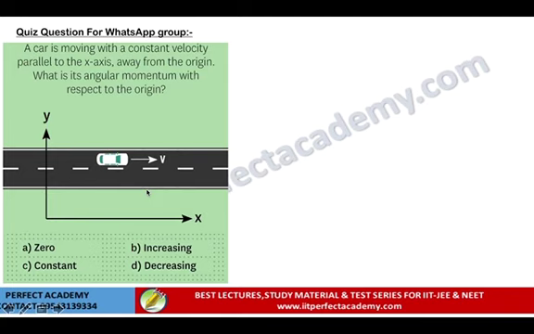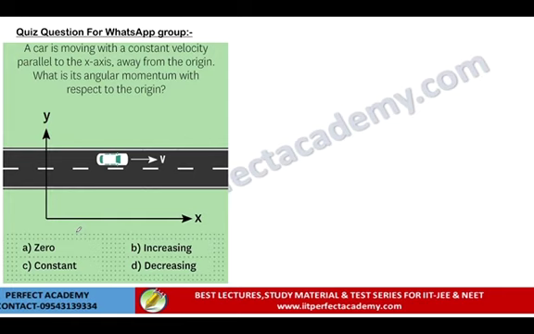Let's solve a question asked in the WhatsApp quiz on this Saturday. Now, in the question, it is asked: if a car is moving with constant velocity parallel to the x-axis away from the origin, what is its angular momentum with respect to the origin? So, as we can see in the figure, there is a car shown which is moving